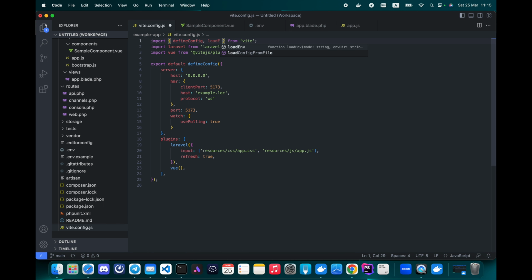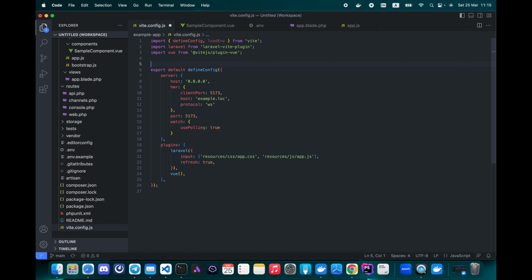Now we need to add loadEnv to this import and then change the export default a little bit. Let's transform it to the following construction.